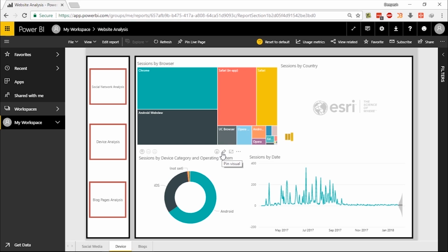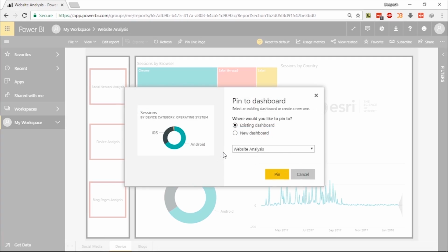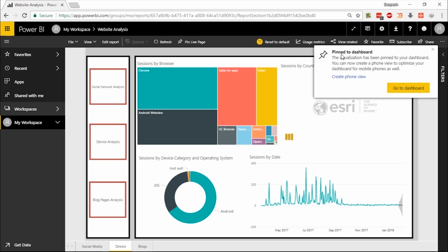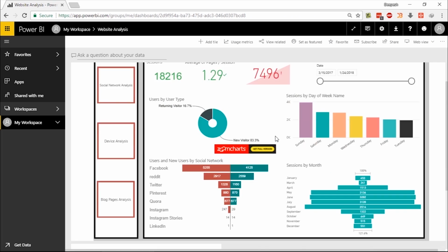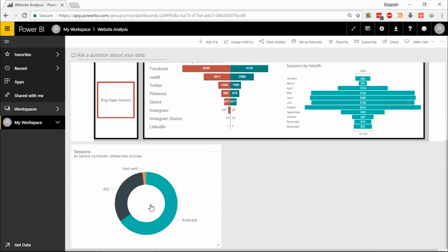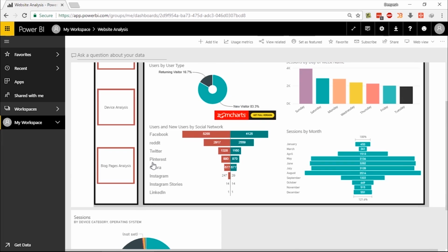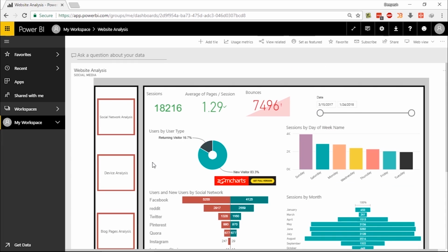At the top you can see this particular icon which says Pin Visual. I'll click on it and it will ask me for an existing or new dashboard. I want to pin it on my existing dashboard, so I'll click on Pin. It says pinned to dashboard. I can go to the dashboard up here, and now you can see this was my report earlier, and along with this I have this particular visual set here. Just like this, you can add as many visuals from any other report of this same